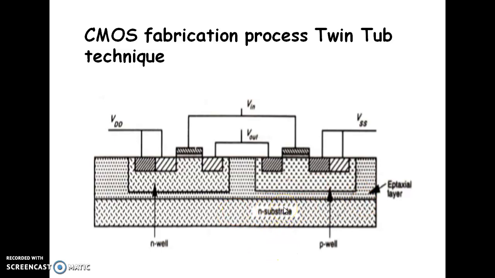Then one more technique will be there, which is called silicon on insulator. That is very good in performance in fabricating CMOS. In silicon on insulator, the transistor wells are not formed, islands are formed, and there will not be any latch up problem or body effect problem. So all the problems which we face in the previous processes will be overcome in silicon on insulator.